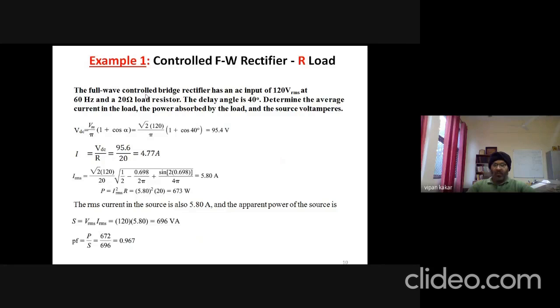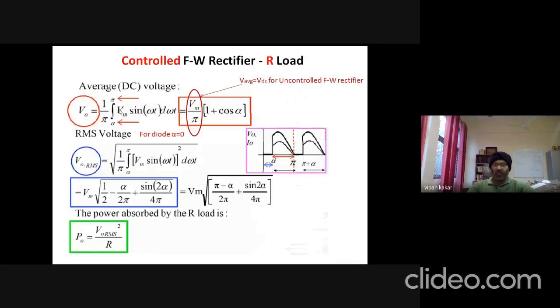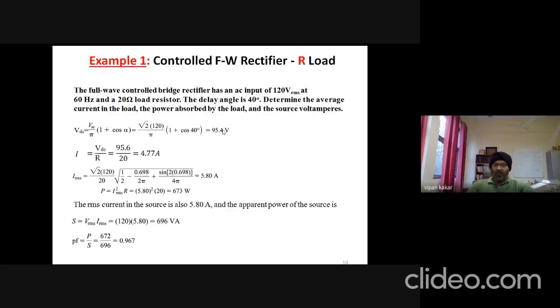A bridge rectifier having a delay angle of 40 degrees, voltage supply 120 at 60 hertz, 20 ohms is the load, and then we need to find out the average current and power. So this is the average voltage, Vm by pi (1 plus cos alpha), we saw in the previous slide. We get 95.4 volts, and now the current is this output DC voltage divided by R. We have this current,